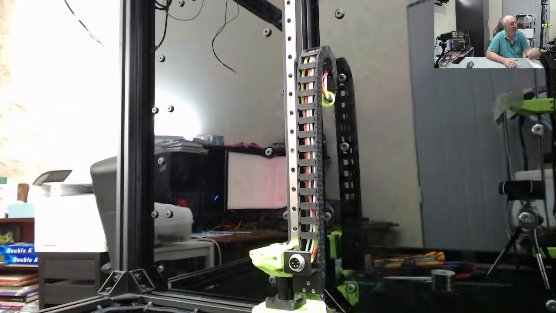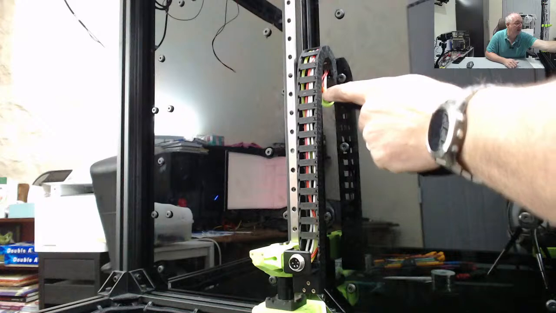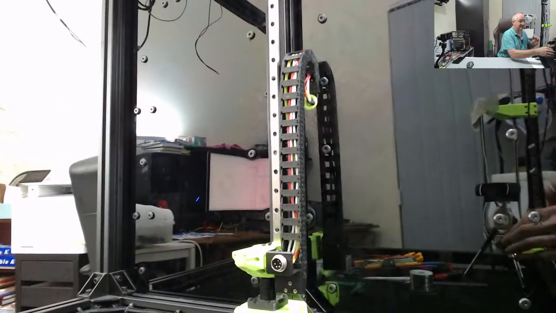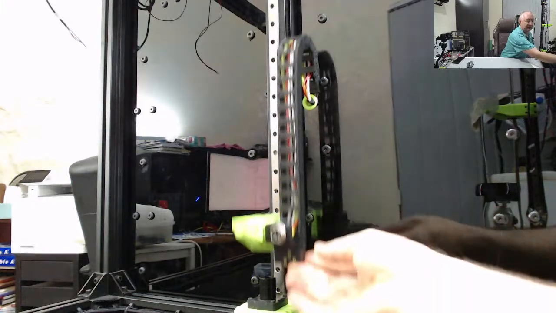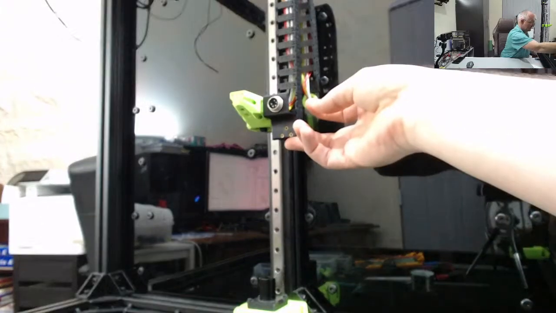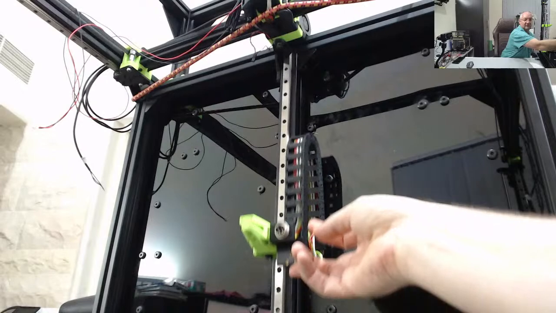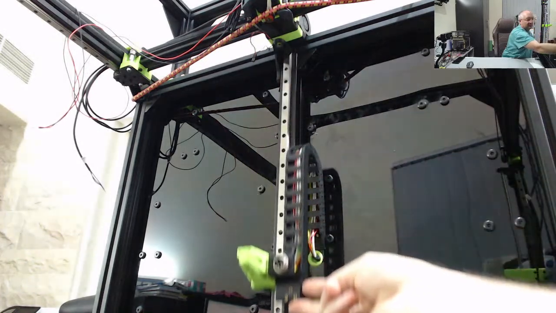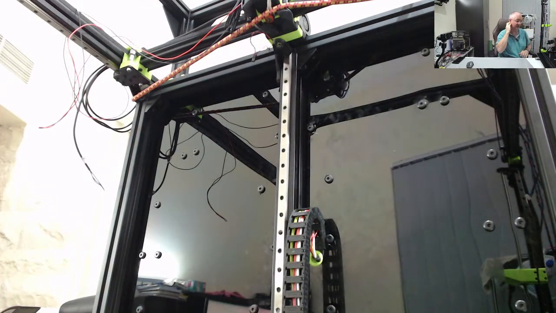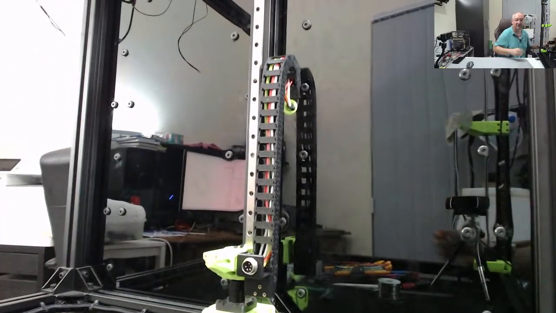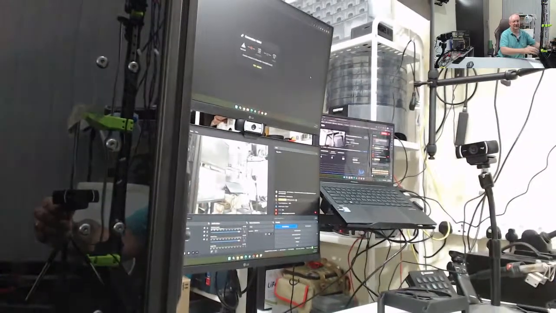And also I didn't want the cables just hanging down the back, so I put in a chain, right? And if I was to take this chain, you can see I can lift this. I've just taken the rod out for now, just so that I can work with it, but this moves up and down pretty freely. And if I go to the top, it will go all the way to the top, right? No problem. So that is pretty much what I am putting in place. I've now put those connectors there, and